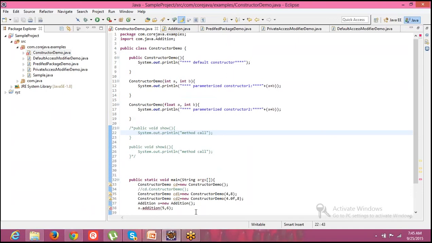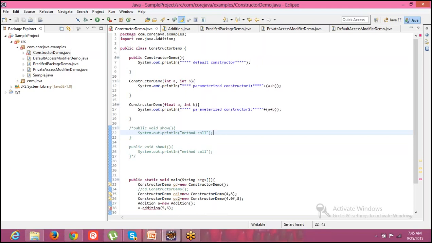So what is this error? Can someone identify this error? The reason why I'm asking is, while you are practicing, you might end up with this kind of errors, so you should be able to resolve them on your own. That's the reason why I'm seeking help from you. It doesn't mean I cannot resolve this issue. I just want you to understand. So can you help me out to resolve this error?